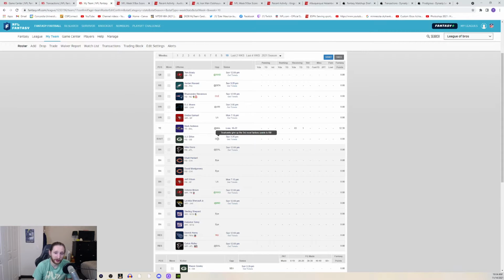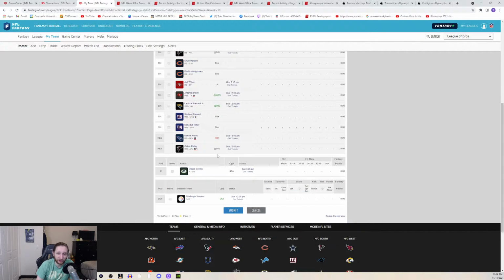So he's an okay start, nothing super exciting, but with no Montgomery, no Antonio Brown, no Derrick Henry, no Calvin Ridley, none of these Giants wide receivers, this is the best I can do. And I really don't want to play Mike Davis because he frustrates me. Other than that, we got the Pittsburgh Steelers defense playing against Detroit. I love that. And then Mason Crosby, he's a kicker.